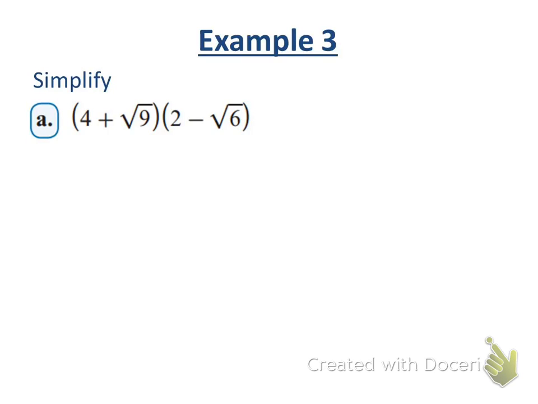This one, what are we going to do? Simplify first. Now, we could simplify first, and that would make life easier, wouldn't it? If we chose not to simplify first, we would need to multiply this times this, this times this, and then this times that. It's much easier in this particular problem to recognize that the square root of 9 is